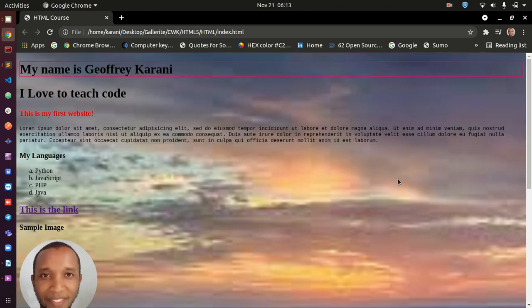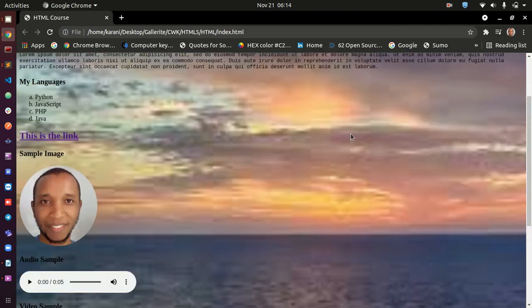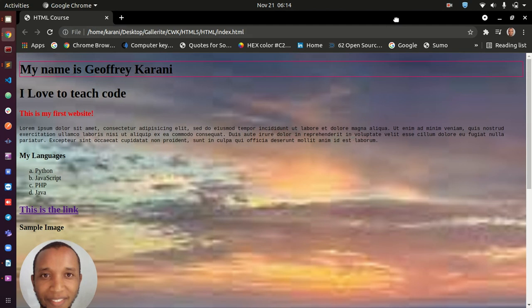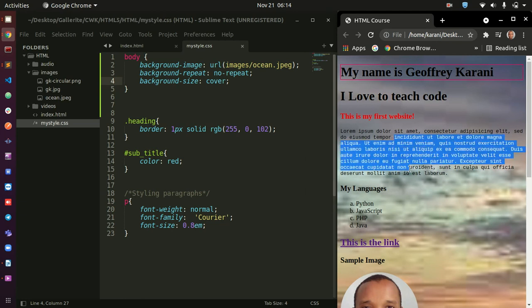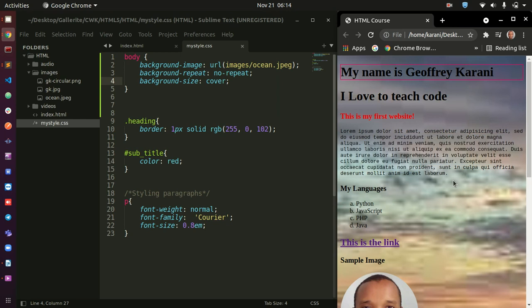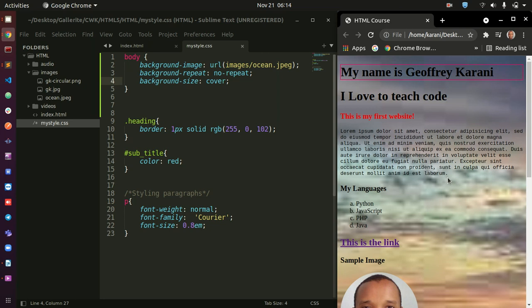And yes, that is how we do backgrounds. So when you are doing a background image for your website, don't use a small image like this. I used a small image so that I can show you how to do the stretching and all that. Make sure that you are using an image that has good dimensions, so that it will not get stretched like this and pixelate. Nice. So that's it.